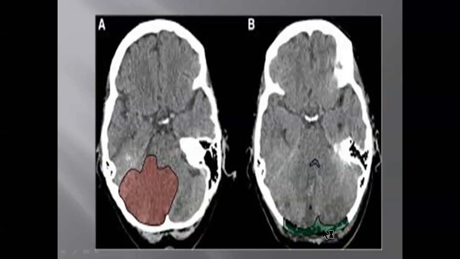Here we can see the suboccipital craniectomy or the posterior fossa craniectomy. Here we can see ischemia, infarct on the right cerebellum, and therefore decompressive craniectomy has been done. Posterior fossa decompressive craniectomy, bone has been removed, and as I already said, the skin incision will start at the inion or at the external protuberance at the occipital bone, and will go till C1, C2 level, and then bone will be removed along with a C1 laminectomy over here,